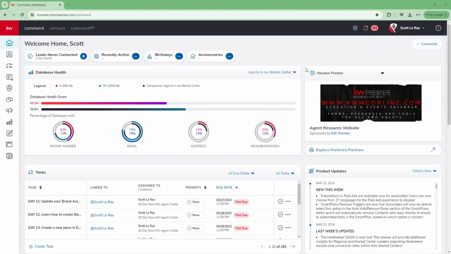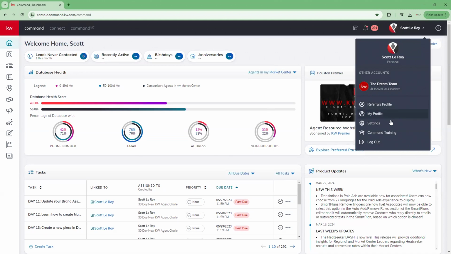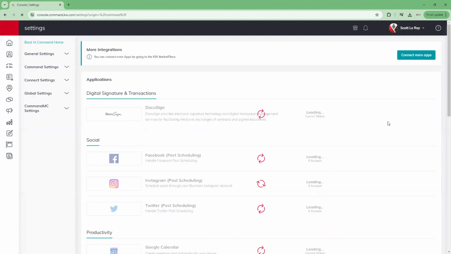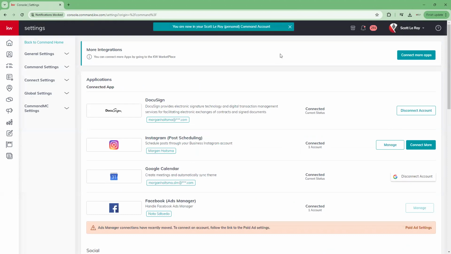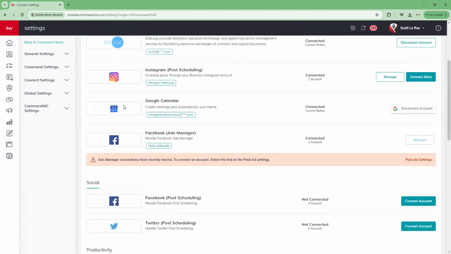So to begin, we're going to go to the right-hand side, click on our name, and we're going to go down to our settings. This is going to bring you into your integrations page. So this is where you can see all of your connected applications. Now we're going to scroll all the way down